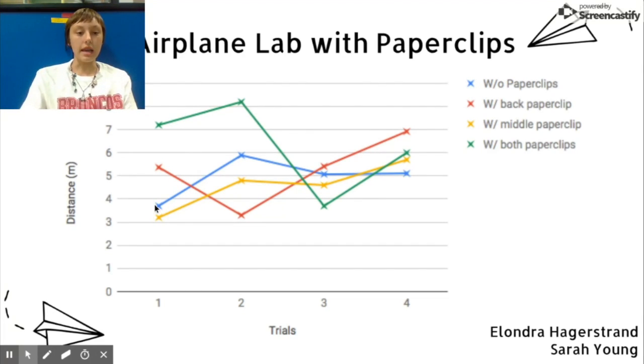So it shows the 2 highest were the red one and the green one, but the green one had a larger slope and wasn't as consistent as the red. The yellow, on the other hand, was very consistent, but didn't go as far as the rest of it. So I would say if you were doing a paper airplane with paper clips and trying to make it go farther, I would either do it with one back paper clip or with both paper clips in the middle and in the